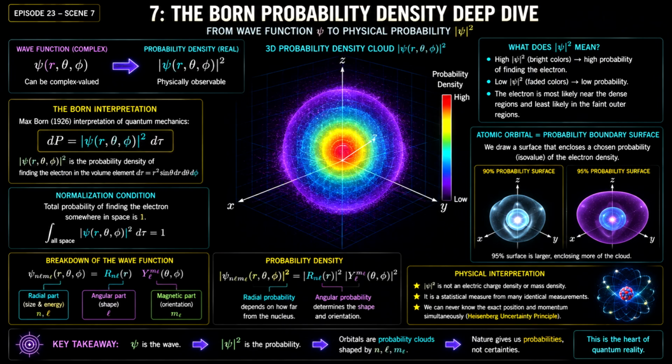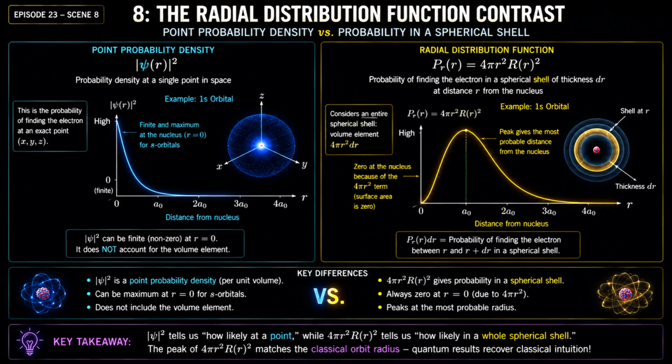An atomic orbital is simply a visual boundary surface drawn around this probability density cloud, traditionally capturing the region where the electron is statistically confined 90 or 95% of the time. College students must carefully distinguish between pure point probability density and the radial distribution function. While the absolute value of psi squared gives the probability density at a single infinitesimal point, the radial distribution function